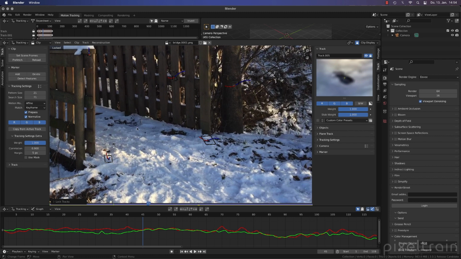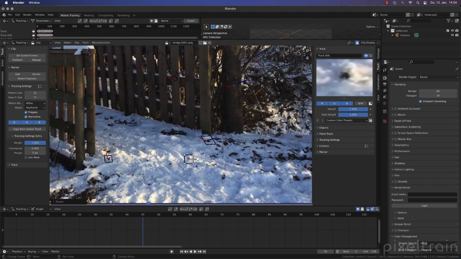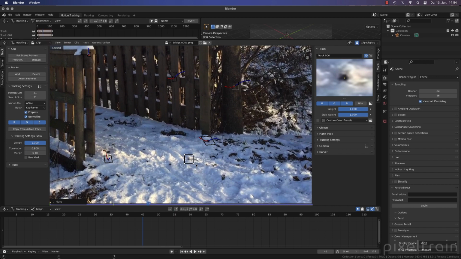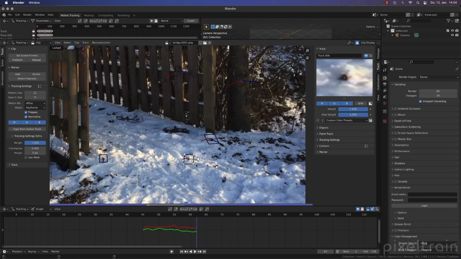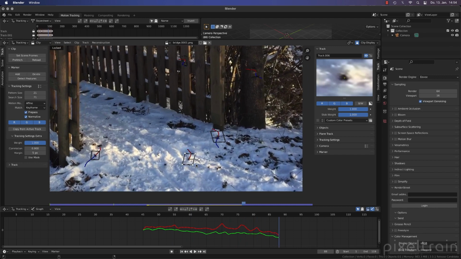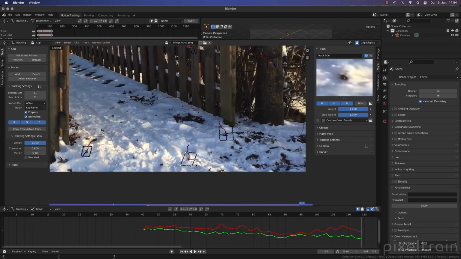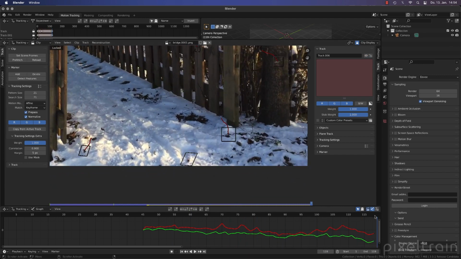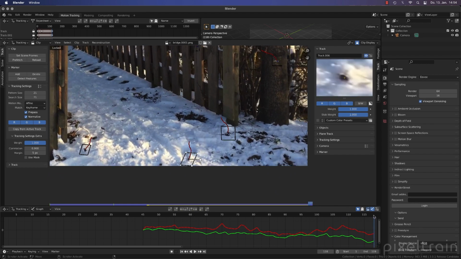So here maybe, or let's take something here, this one here. Okay, seems fine. Have we lost it before the frame was at the end?